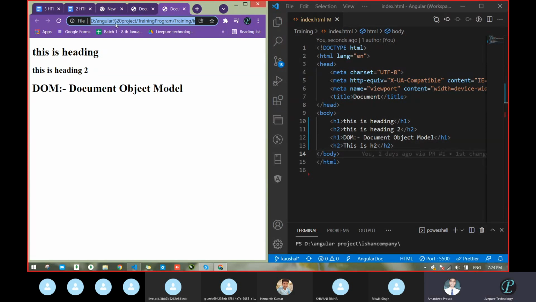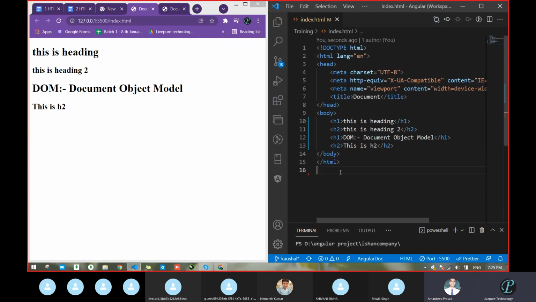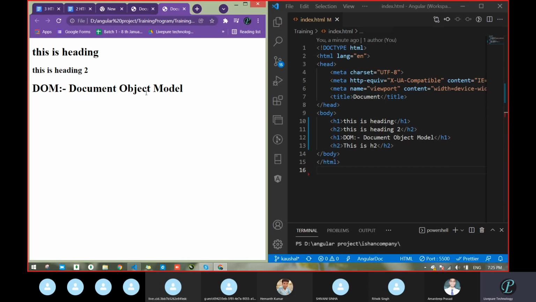But when I check with my local, meaning this URL, the URL is created with the help of the local location, where my folder is, D, Angular project, training program, and so on. In that case, this file is not going to render automatically. Render means load. When you are running the application on some port, whatever changes you make in that particular file will auto load. But when you load the same thing with a local URL directly, with no server, no live server, then it will not.